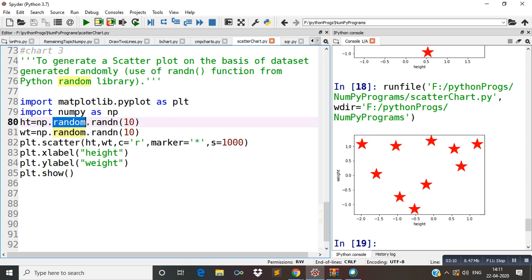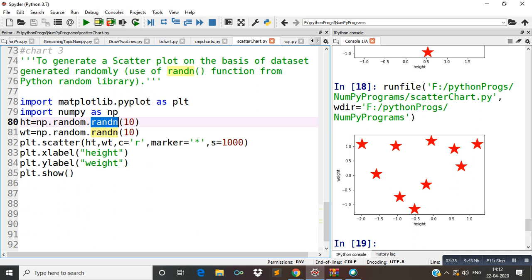So here np is from NumPy, random is a module, and random is a function. Okay, these values are used. Remaining values: you know what is the purpose of scatter.